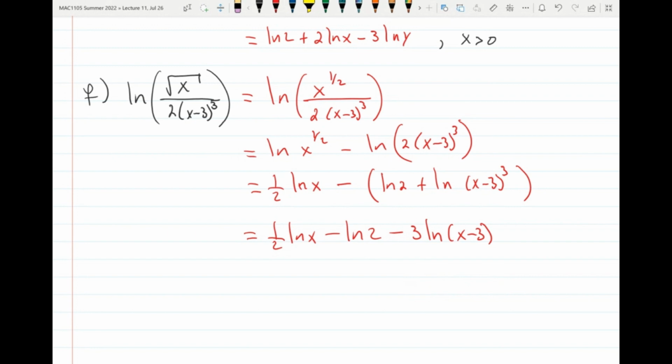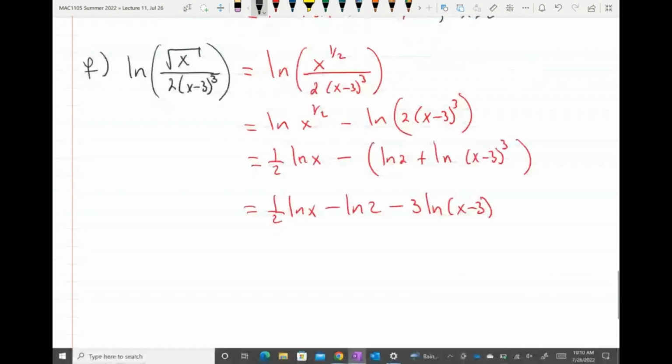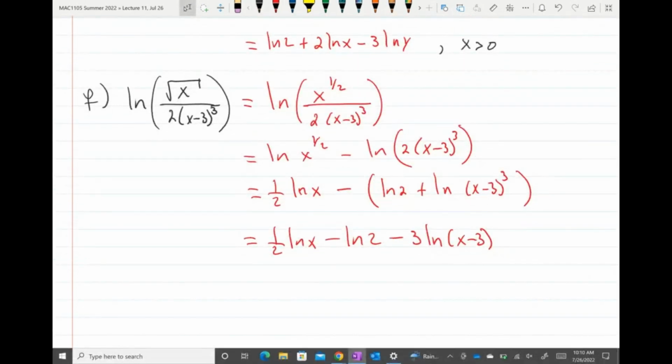Okay, now let's play the game backwards. I give you something like this, and your job is to write as a single log. But the same idea, you're just using the properties backwards. Okay? So this technique will be helpful for you later. For example, in calculus, you're gonna need to do this kind of stuff. But now what we're gonna be relying on is actually the